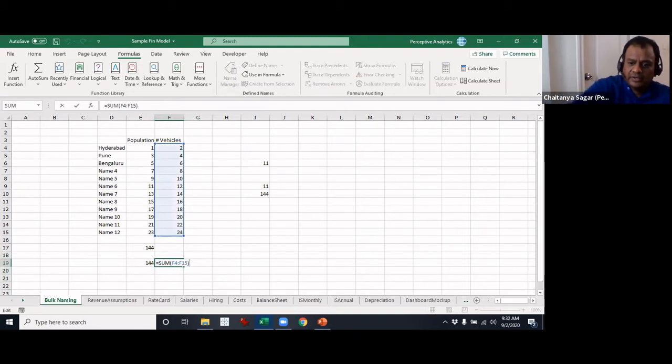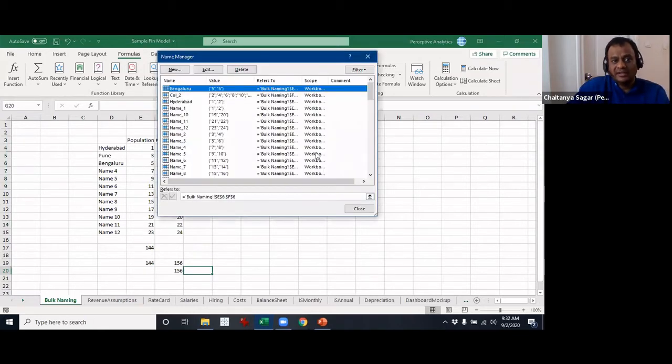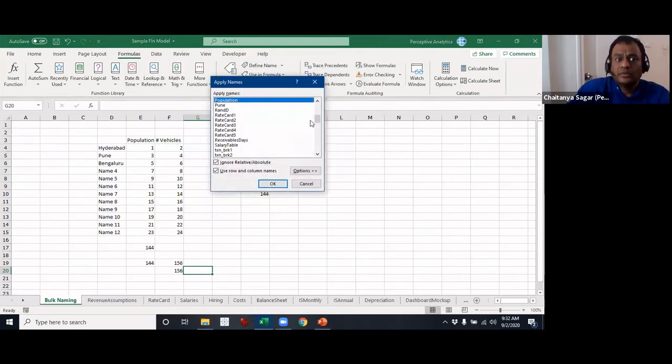You are talking about a different issue, but let's do that. This one is both column underscore 2 as well as vehicles. So the same range refers to two different names, and it is basically asking you which one to use. That's one good thing, but let's do both and we'll see what happens.